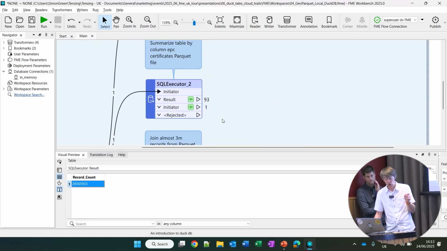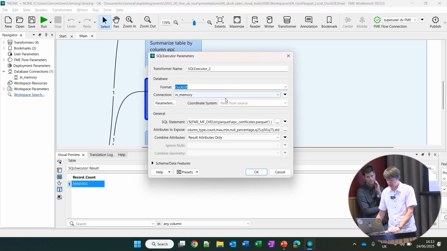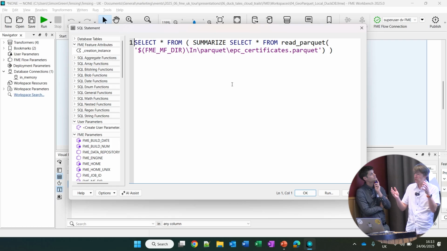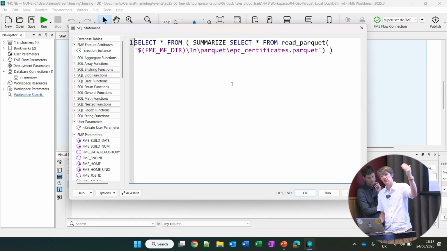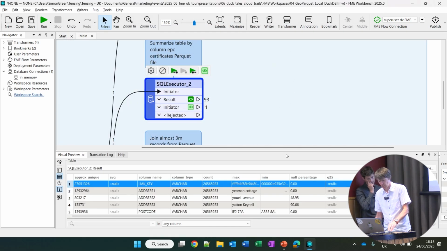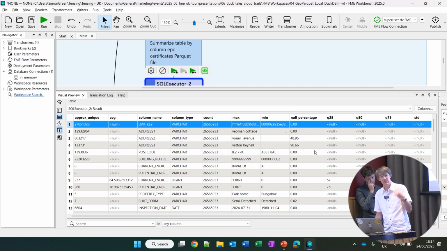And then there's a neat function where I can summarize the data. There's a special command in here called summarize select all from that Parquet file. What that does is it gives you information about all of the columns in there. So it gives the highest and lowest values for a particular column, gives you standard deviation values against it if it is a numerical column, and it gives you a percentage of nulls, so that's quite useful from a data